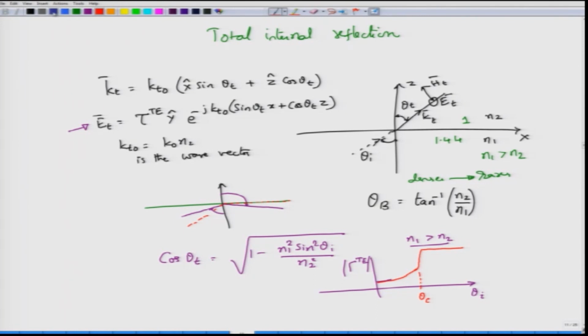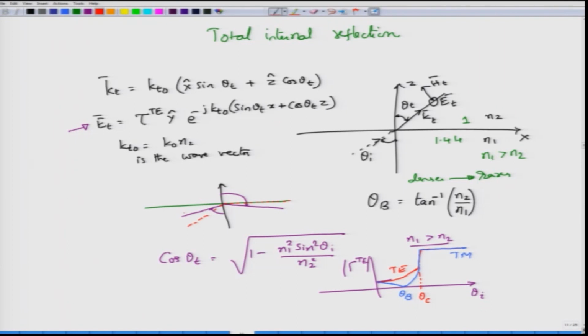And if you were to do the same thing for the transverse magnetic case, you would see that initially it would start at the same value as TE, in magnitude of course they are the same, but then goes through a 0, which is where you would have the Brewster angle value, and then suddenly shoots up to a magnitude of 1 and continues to remain there. And it will do so at exactly the same angle as the TE case. This is interesting: both TM and TE cases actually exhibit the same critical angle. The value of the critical angle is independent of the polarization of light that you have transmitted.